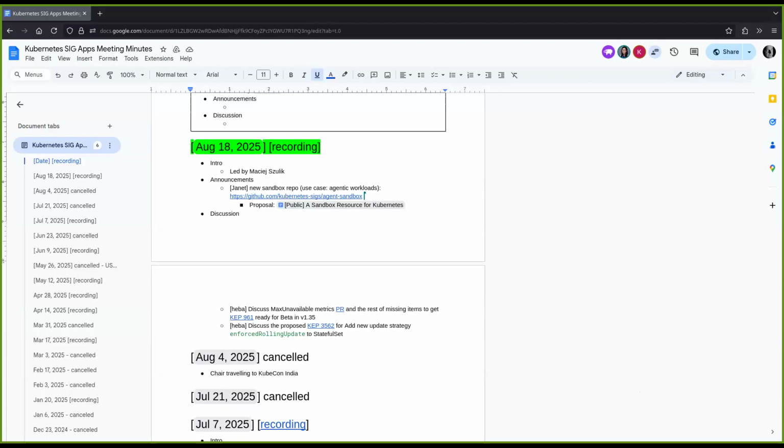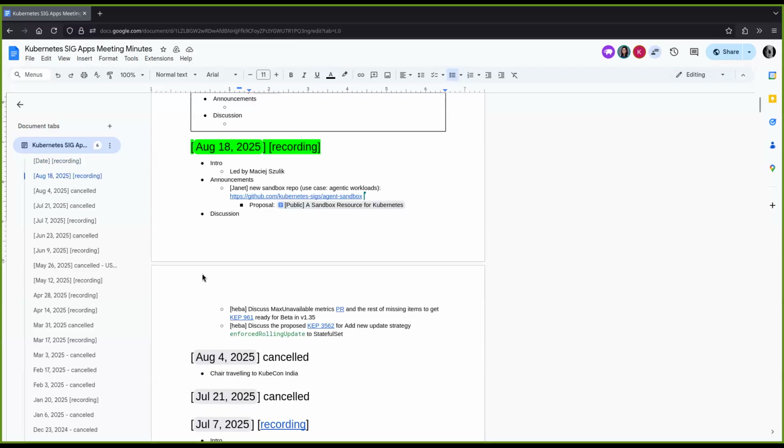For example, it could work using gVisor or perhaps also Kata Containers. I'm also planning to reach out to the Kata Containers community to see if they're interested in defining a standard with us to make sure that the API works for different runtime classes.